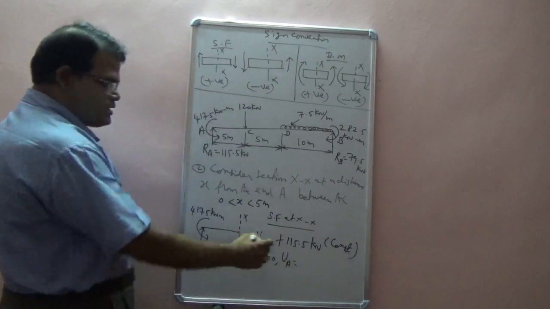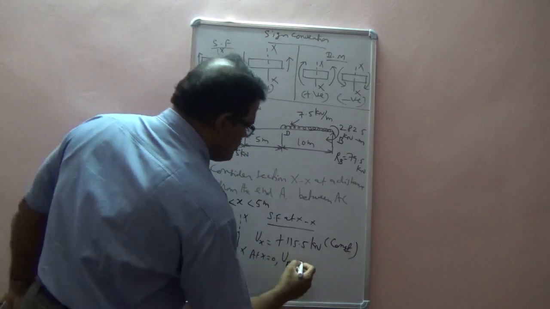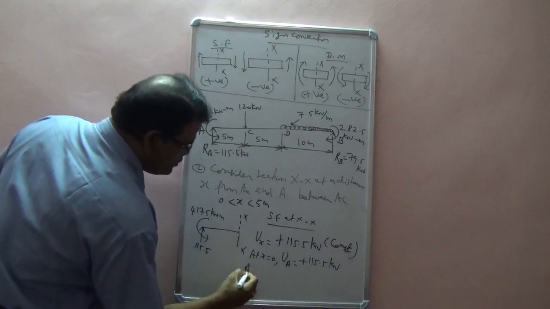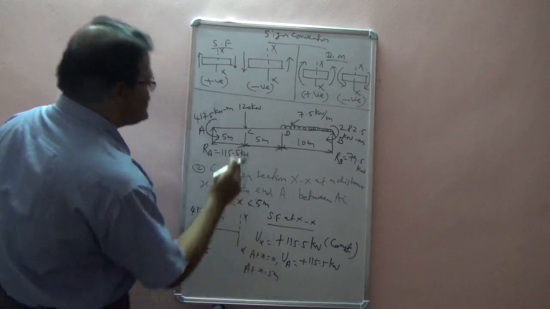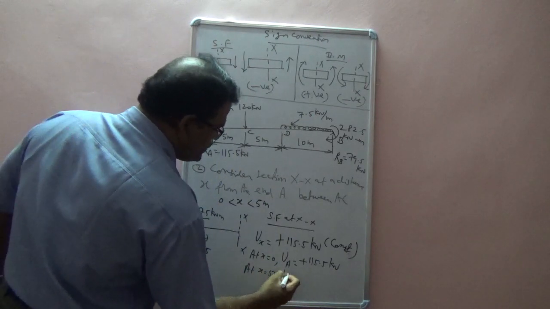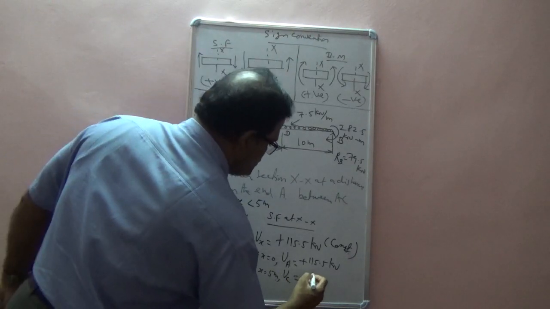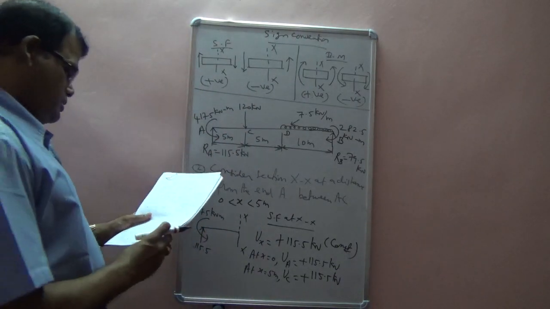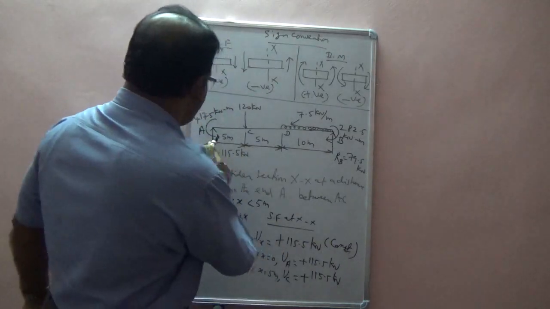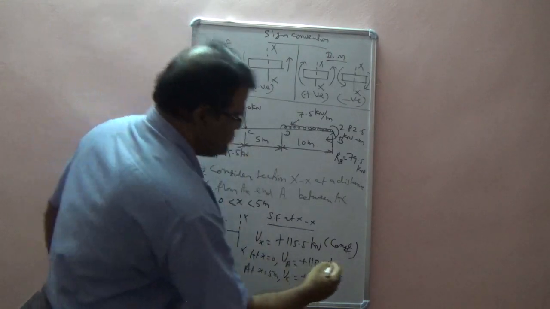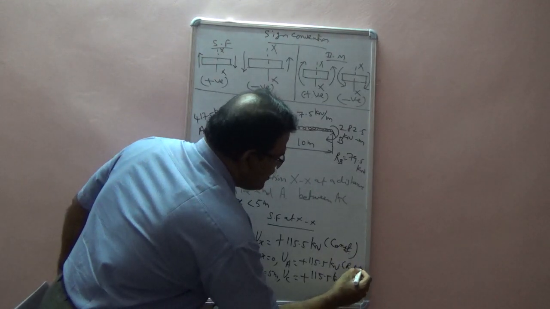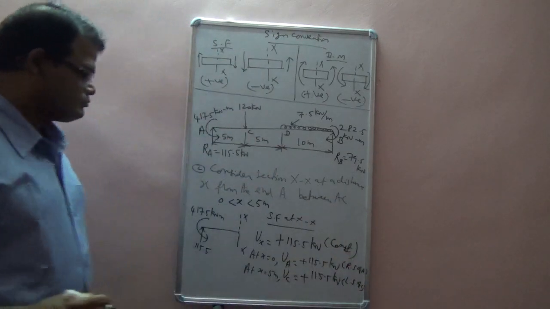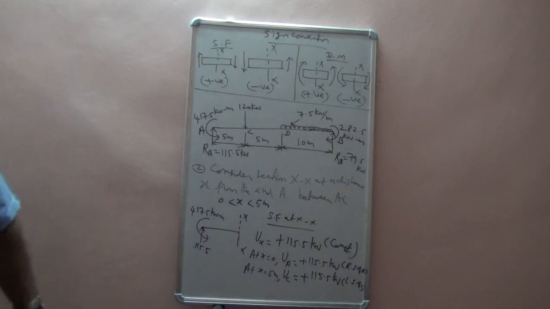force at A is denoted as VA, so this will be plus 115.5 kilonewton. At x is equal to 5 meter, that indicates point C, therefore the shear force at C, VC, is also 115.5 kilonewton. Now this is right side of A and this value is left side of C. So this is the shear force calculation.